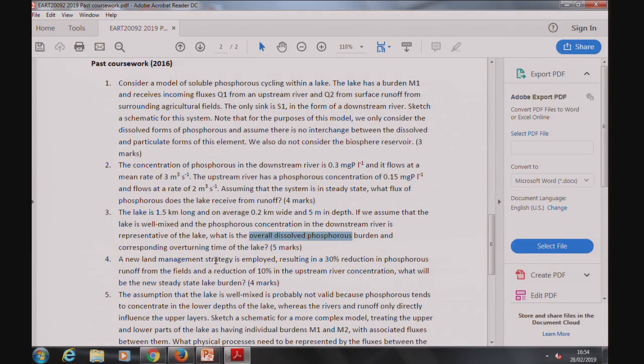It works out to be the same. You've got a factor of 1,000 there, factor of 1,000 there. So multiplied by 0.3 grams per metre cubed, metres cubed cancel, and it works out to be about 450 kilograms. So within this lake we've got 450 kilograms of phosphorus. And so to get the overturning time,